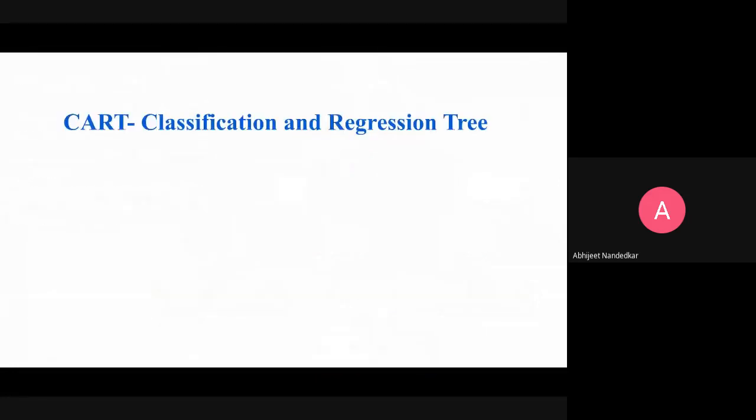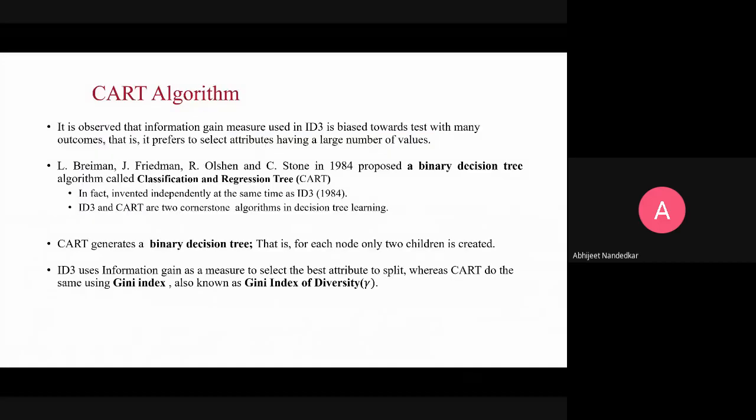Now the next algorithm is called CART, or classification and regression tree, which is very similar to ID3, and these two algorithms actually came into existence in the same year. I think in 84 or so. So it is observed that the information gain measure used in ID3 is biased towards tests with many outcomes. That is, it prefers to select attributes having a large number of values. Okay, so that is the observation in ID3, that it will try to select the attribute for splitting which has